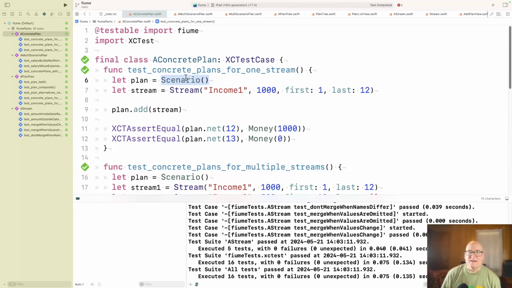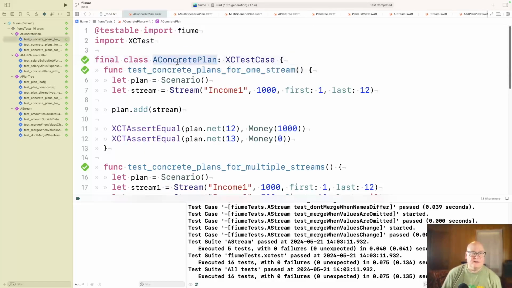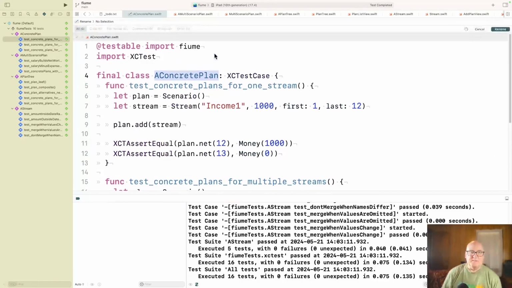Okay, a scenario contains items. I was trying to be more generic than streams. All right, let's go back to a scenario. Okay, concrete plan, this becomes a scenario.